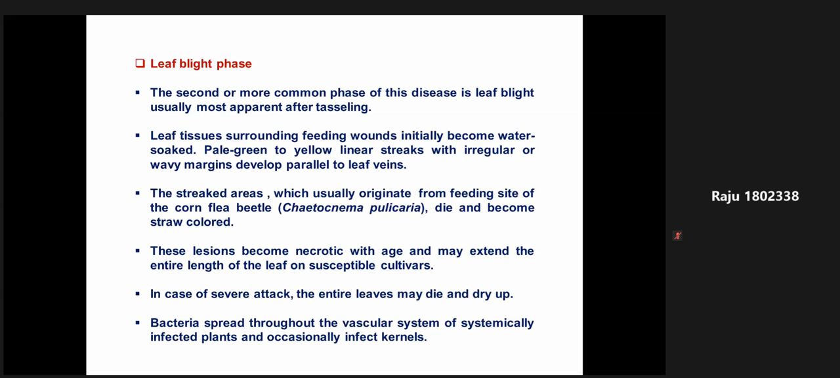But if you see the second phase of the disease, the leaf blight phase is usually after tasseling, tassel formation, then the mature stage. Leaf tissues you see surrounding feeding wounds initially. That means when the flea beetle feeds on the maize leaf, it creates injury, and through this injury, basically through the feeding site,